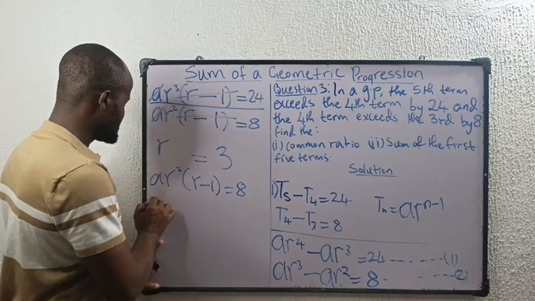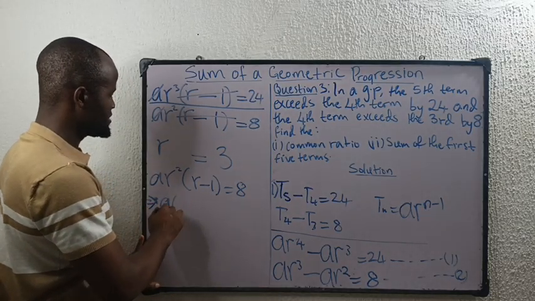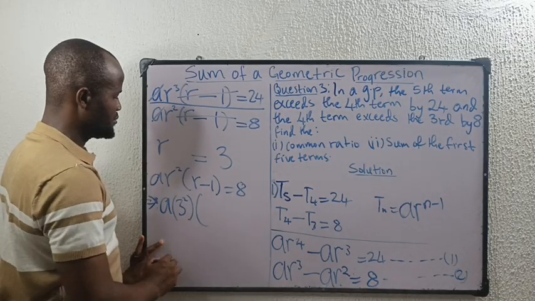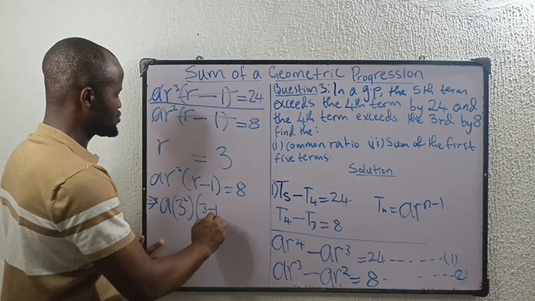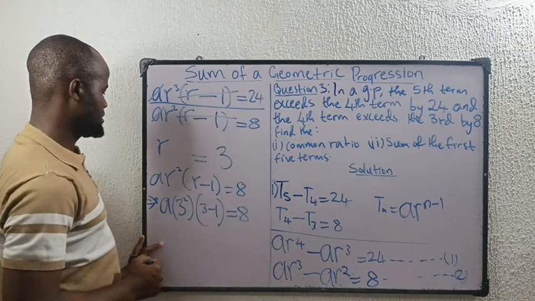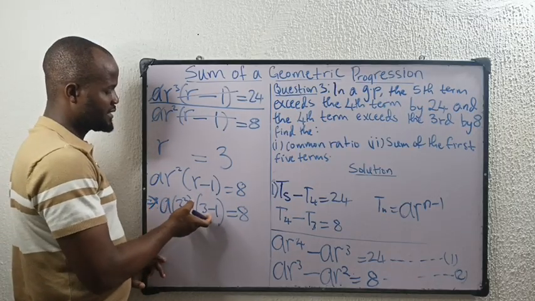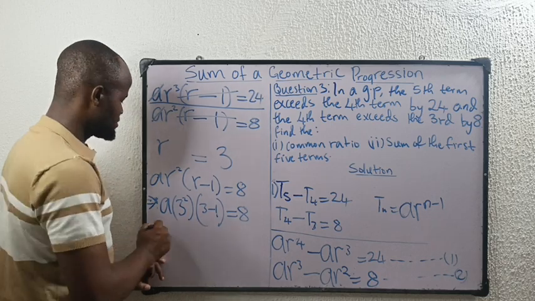So this becomes A times 3 raised to the power of 2. Open this bracket times 3 minus 1, close, and it is equal to 8. So what's 3 to the power of 2? That's 9. And 3 minus 1 is 2. So 9 times 2 is 18. So we're going to have